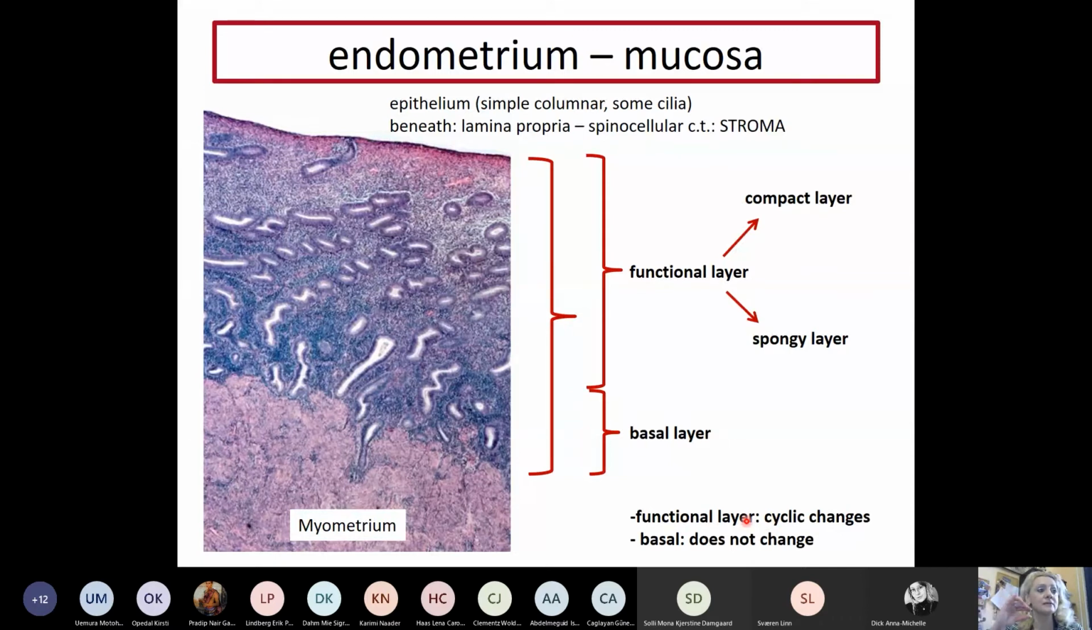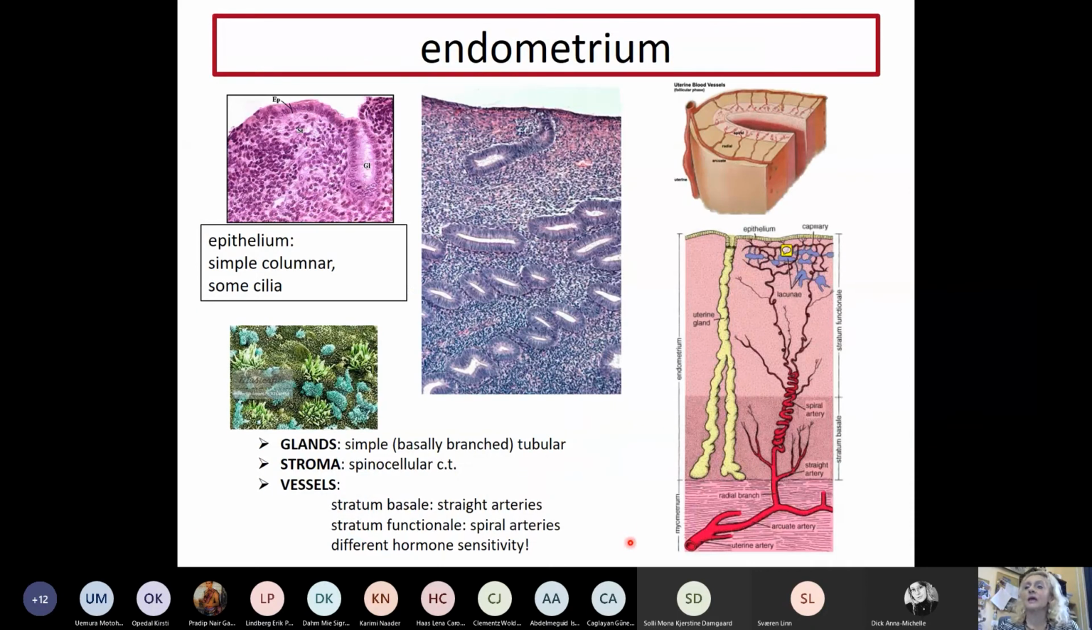And what remains is the basal layer from which the whole endometrium can be replaced, can regrow. So this is the importance of these two layers. So this is the epithelium as it looks like, and then underneath the epithelium, look at this very densely packed stroma. This is the spinocellular connective tissue that I already mentioned, and you can see many, many glands embedded in